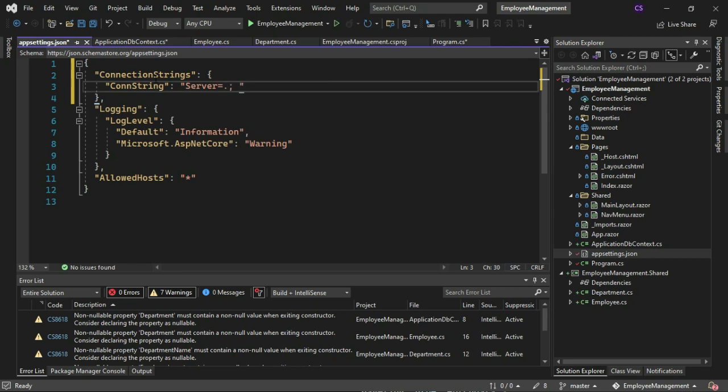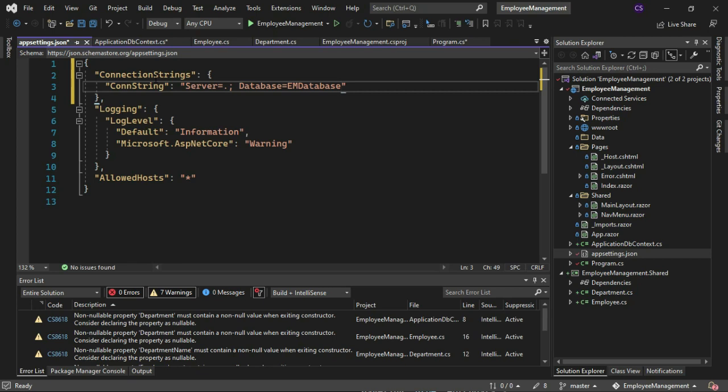So for me, I'm using the default. I have both servers, but I'm just going to use the default, which is the dot. Then thereafter we're going to say the name of our database. Remember, we're doing code first here, so we don't have a database first, but we're going to assign it a name from here, and it's going to be created using the name that we assign here. So I suggest we name it